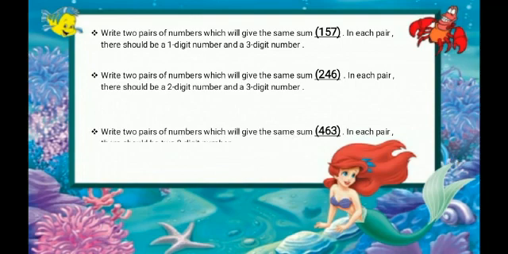Now come to the third one. The answer should be 463. But here both the numbers should be of 3 digit. It's easy. So for example, if I take 352 and 111, if I add both the numbers, I will get 463 and both the numbers are 3 digit numbers. It's simple now, but you have to create more examples of that on your own. Do these 3 questions in your notebook. Think about it and do it.